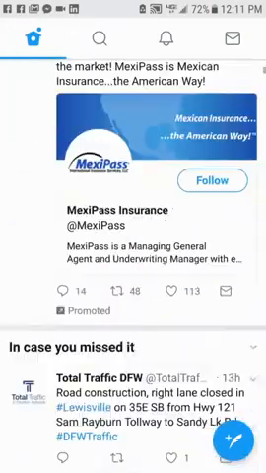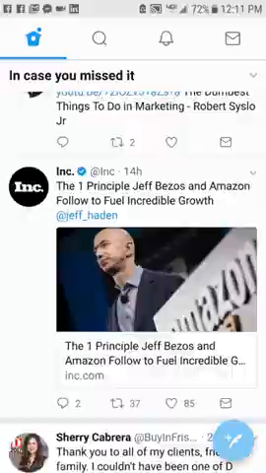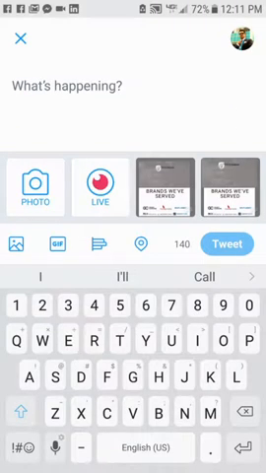When you're on your home page, you hit this little feather button if you want to tweet something. You can either pop a photo in there. They've got the GIFs, they've got live via Periscope. You're limited to 140 characters.